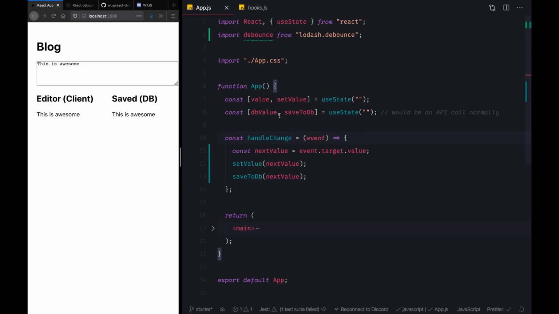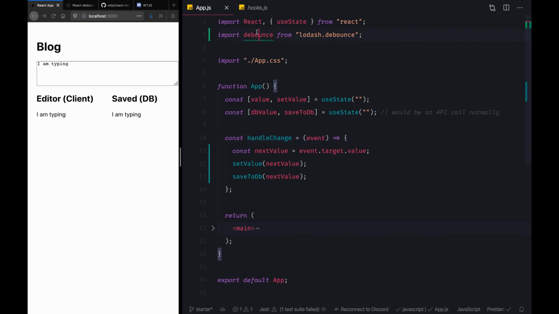now our use case is that we don't want to perform this API call on each and every keystroke because that would be a lot of API calls. So as I'm typing as the user, I actually want to wait for the user to finish typing before I perform my database call to save that value. And we want to debounce this value. That's where debounce comes in, and wait for 1 second before saving the value into the database.